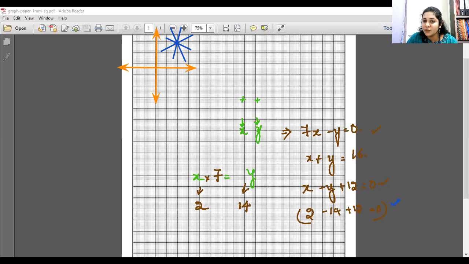So what will be the answer to this? How many more such lines are there and why? For that you should state there are infinitely many lines which can pass through the point, and therefore you can say there are infinitely many line equations. Okay, so that should be the answer. Given the equation of 2 lines, how many more such lines are there and why? You give these examples and you say there are infinitely many lines. This should be your solution: infinitely many lines, and corresponding to those lines there are infinitely many equations.